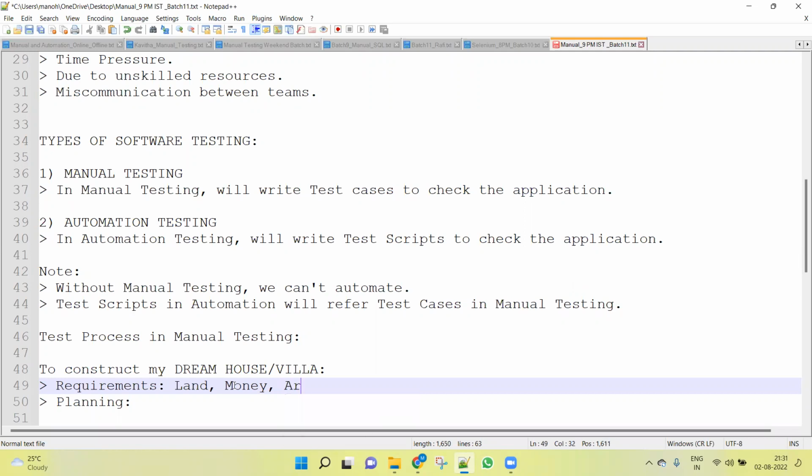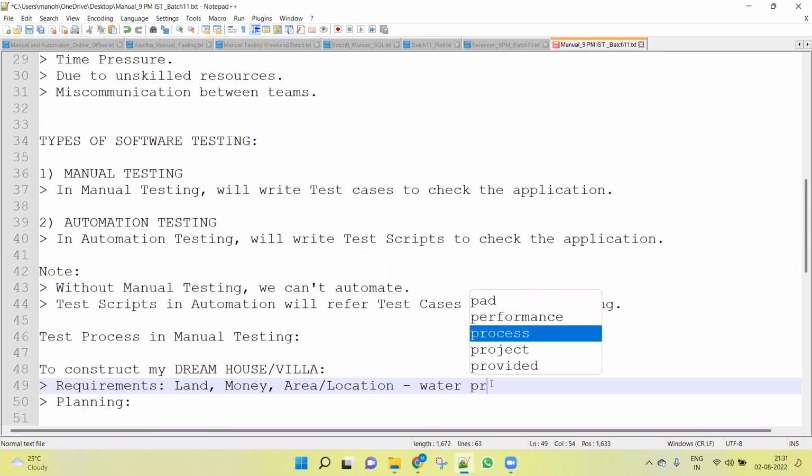Now tell me, area, location, what are the things you'll see in the area and location? That is the needs, right? What do you think you'll see? Facilities. Whatever facilities you need. Water facility. Okay, water problem. Very good. Kirana shop. Is there a water problem or not? Okay, cinema halls are there, schools are there, 24 by 7 transport is there. Water problem, air pollution, nearest